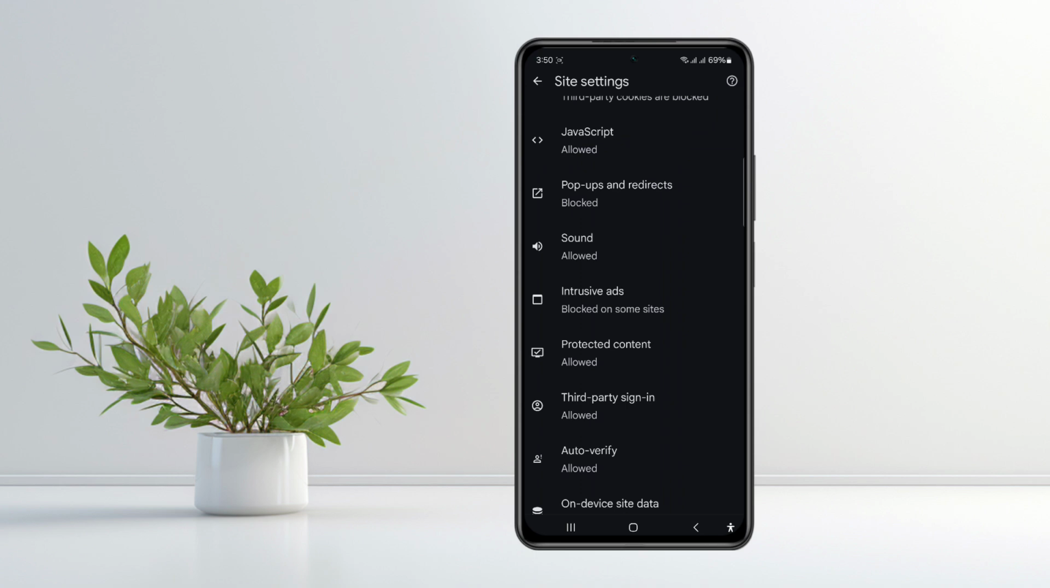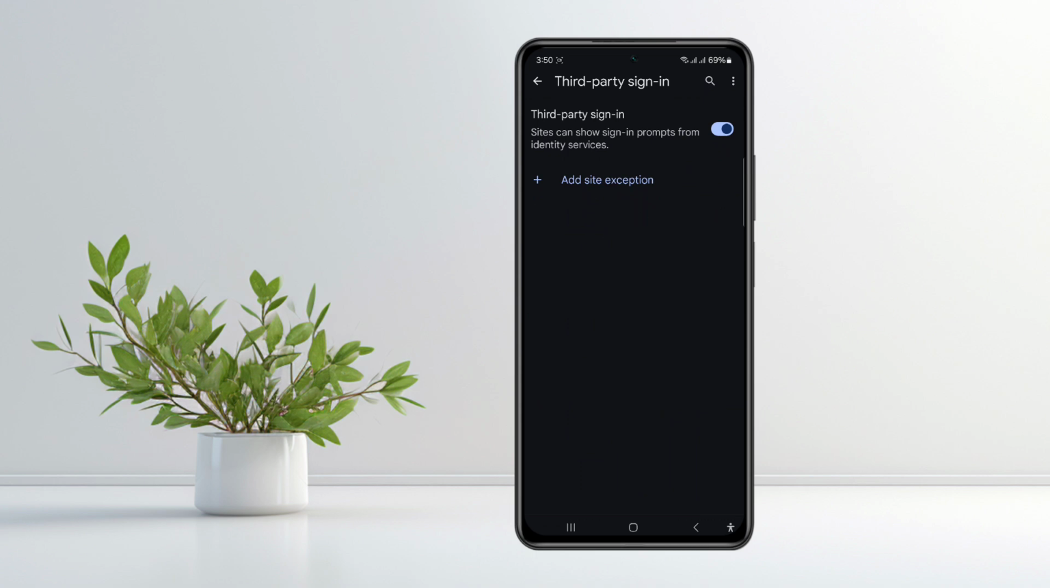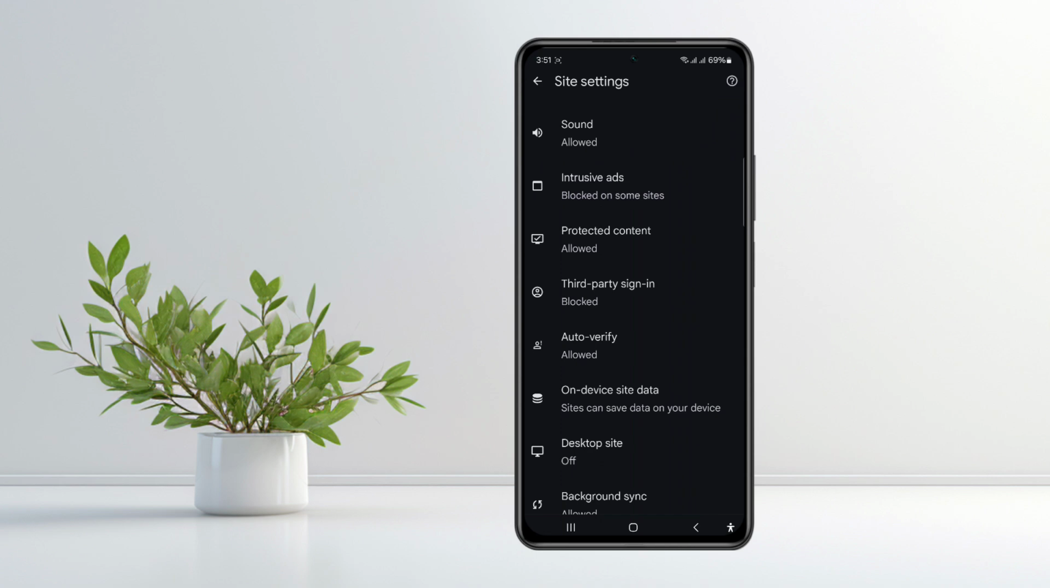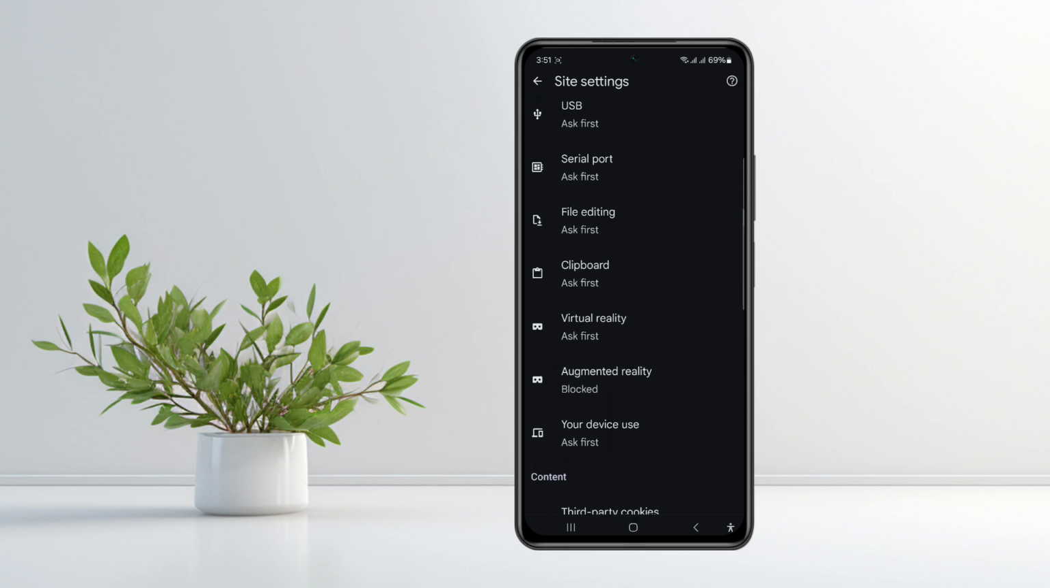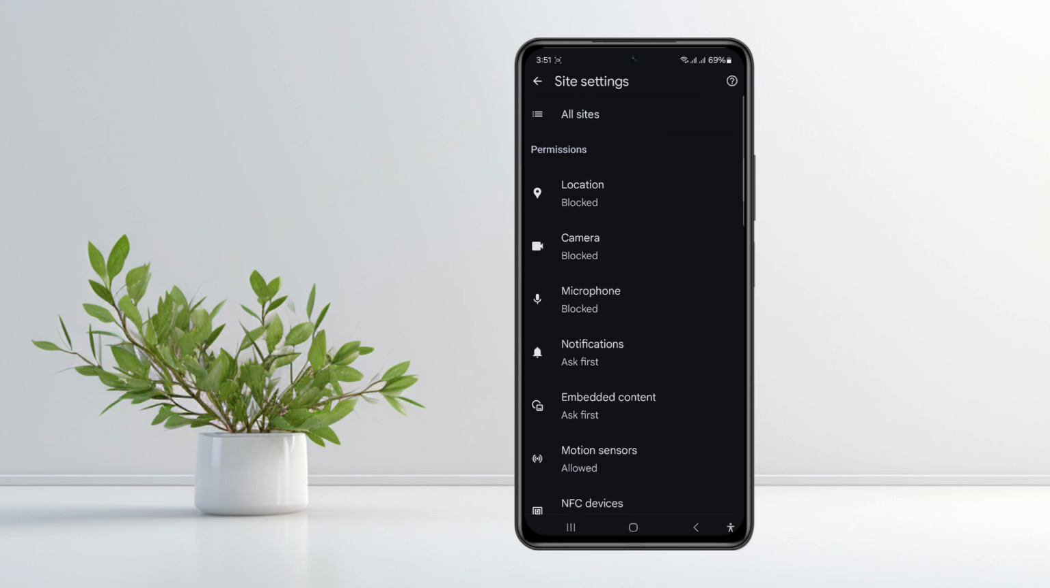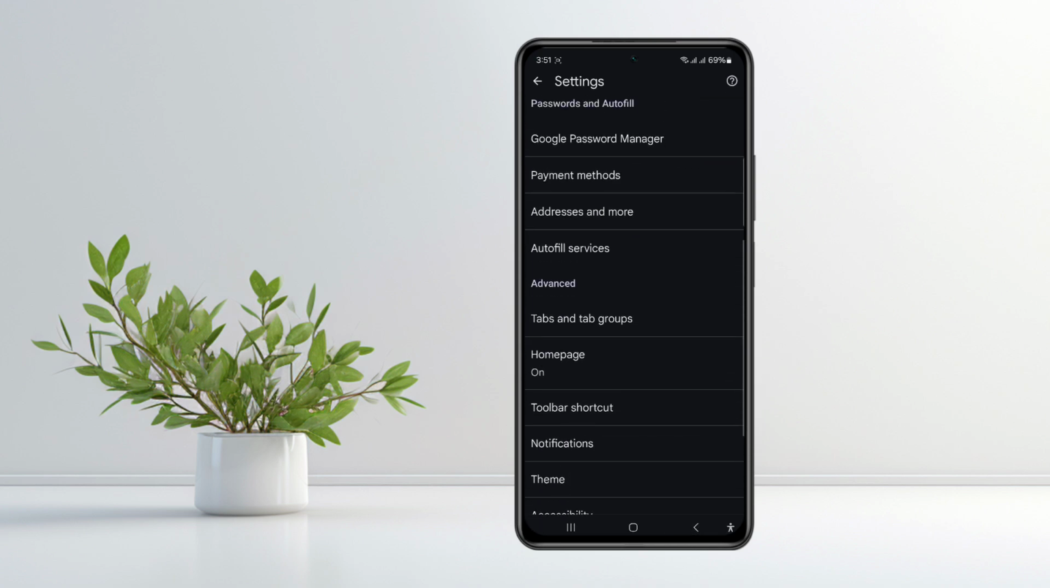Go back, scroll down little bit, click on third party sign in. Now click on turn off. Go back, scroll up and go back, scroll up,